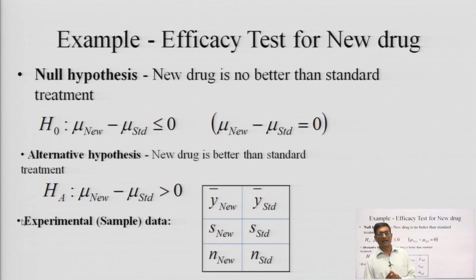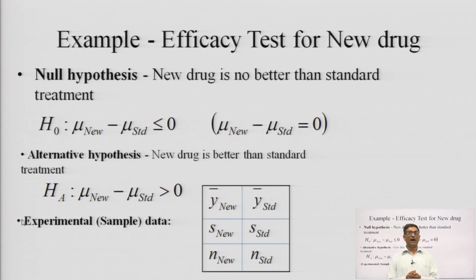And the alternate hypothesis is just opposite to the null hypothesis. So, in alternative hypothesis we write new drug is better than standard treatment. That means, mean of new is greater than the mean of standard. So, H A such that mean of new minus mean of standard is greater than 0,